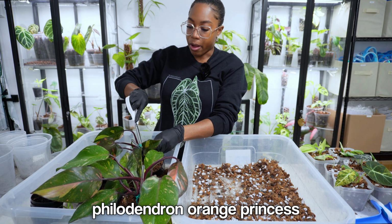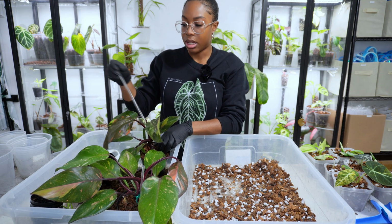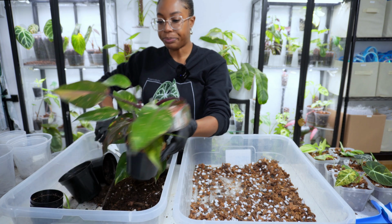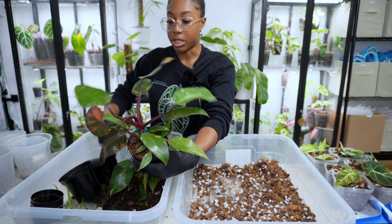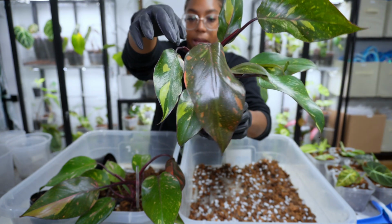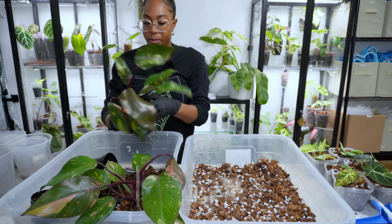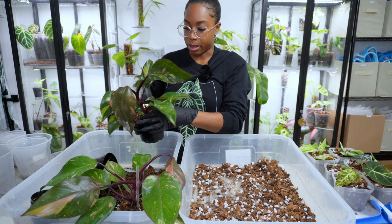I've only ever bought 1 or 2 Orange Princesses for the shop in the past, and it's been a while since they had them, but I feel like this stock is much better than the last time. So this is the new leaf here, and it does have a lot of pretty orange coloring to it. It's really nice. But with these, they do have some pups at the bottom, so I'm going to remove the